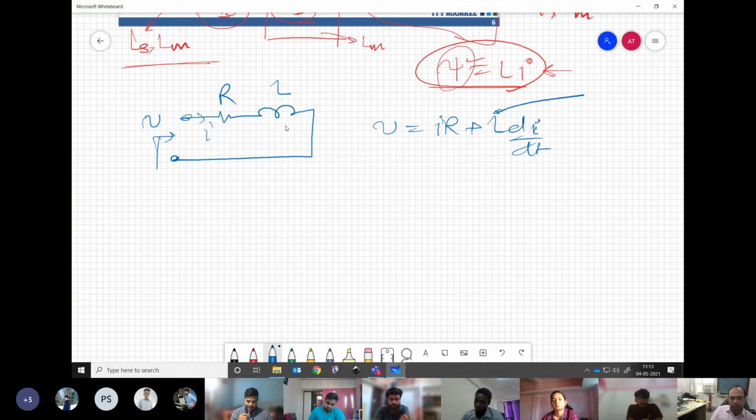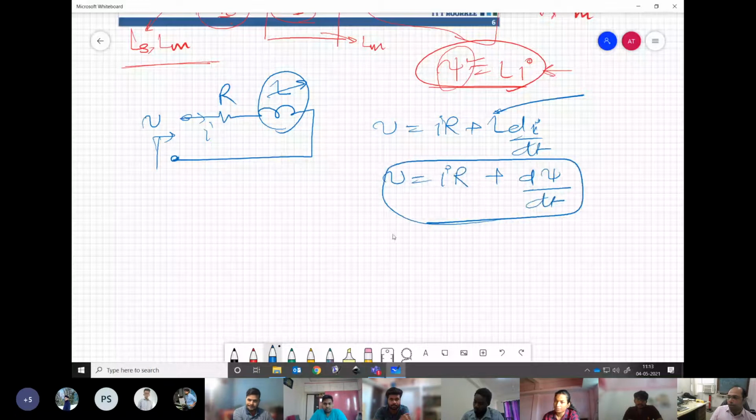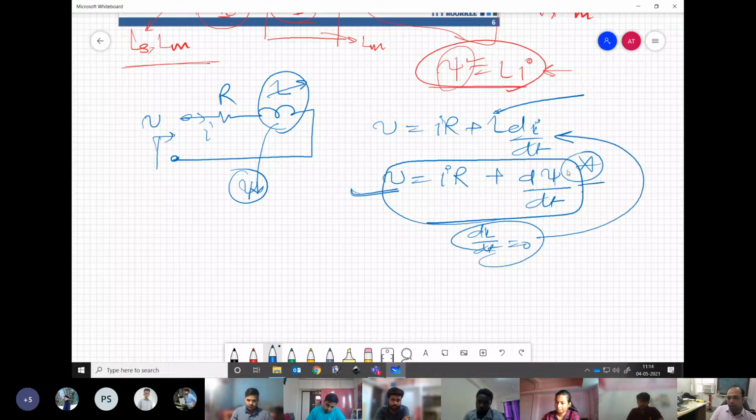Here you have assumed that your L is fixed and only current is changing. But we have seen that when we have a general L which may vary, we can write this equation as V = IR + dψ/dt, where psi is the flux associated with the magnetizing branch. This is the most general form in which any electric circuit can be expressed. The KVL can be written in its most generic form. Now here if you assume that dL by dt is 0, then it will go back to the first equation itself.